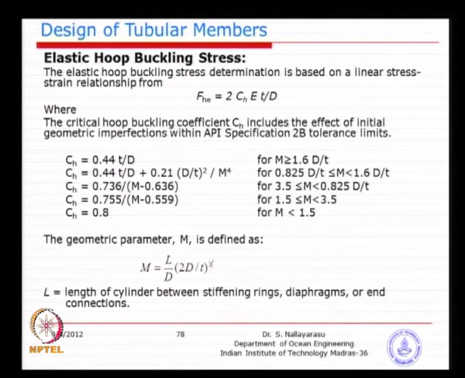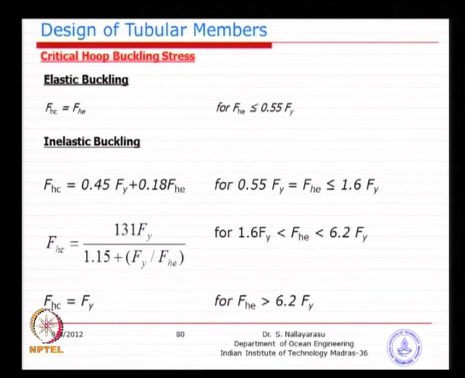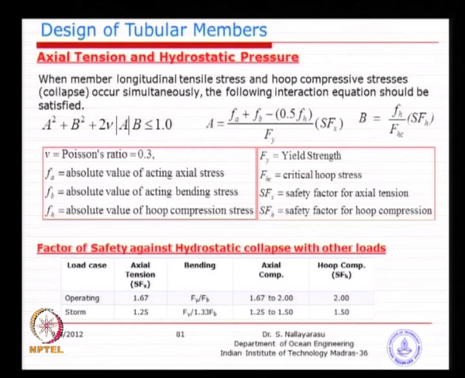Once you find this elastic value, you can go back to the elastoplastic, which is called the critical hoop buckling stress. This is the one we are going to use as the allowable buckling stress against hydrostatic collapse. You find the applied hoop stress using the formula PD by 2T and compare it with this critical hoop buckling stress. As long as the critical hoop buckling stress is higher, remember this is not the allowable stress; this is the buckling stress, and we have to divide by a factor of safety, which can be defined. So, we are going to look at that aspect.